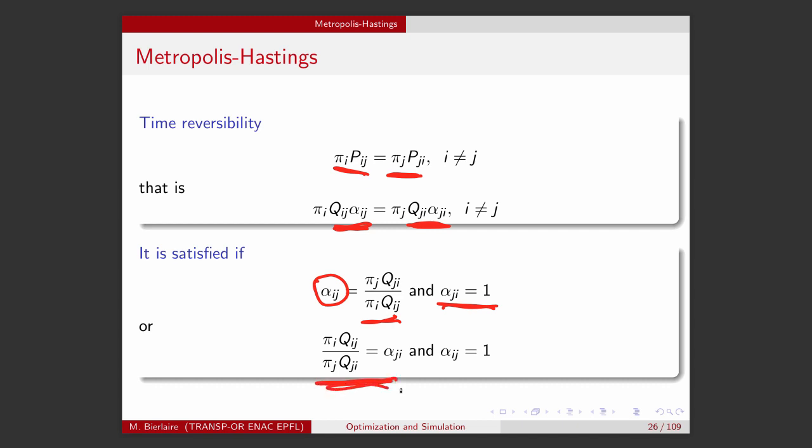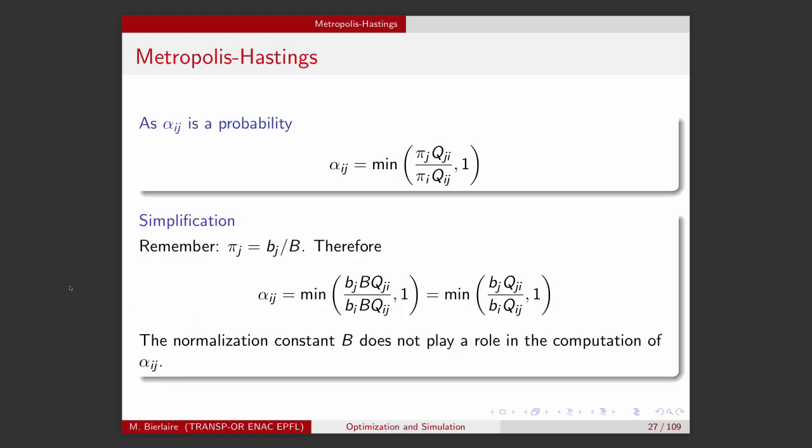Great, so now we have a value for alpha_ij. Alpha_ij again is the probability to accept a candidate. Well, we can calculate it. And how did we define it? By using the time reversibility equations. And now we have made the link between pi_i and pi_j, which are the target distributions that we want to simulate from, and the transition probability of the process that we have designed. The combination of the two gives us the accept probability, alpha_ij. So this can be defined as the minimum between this ratio and 1.